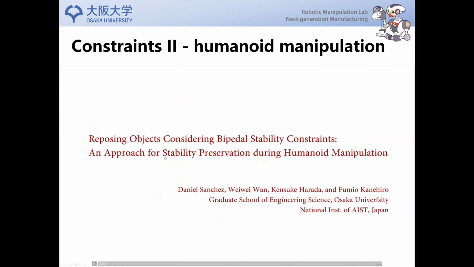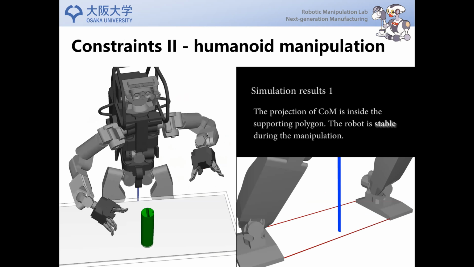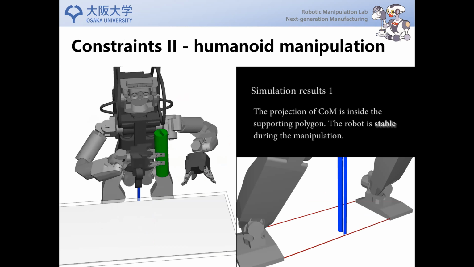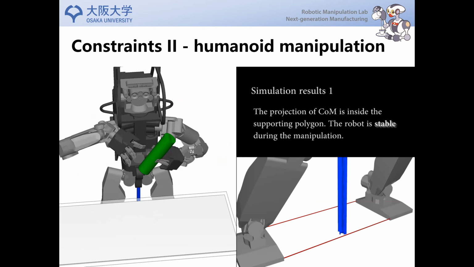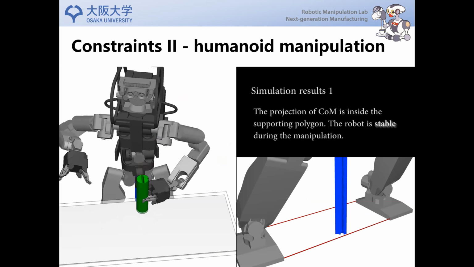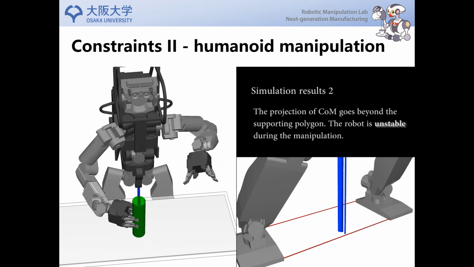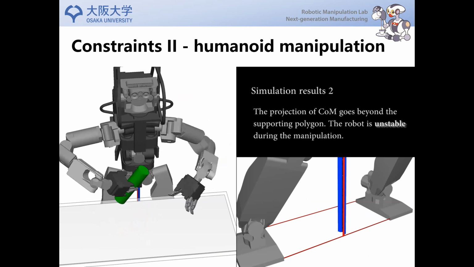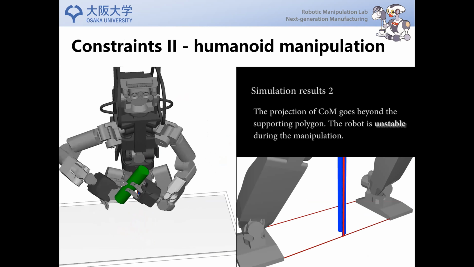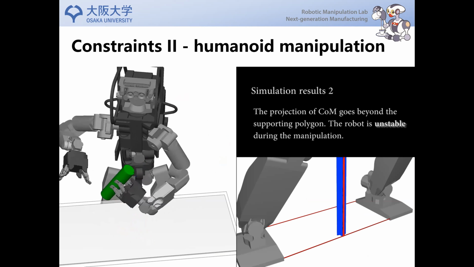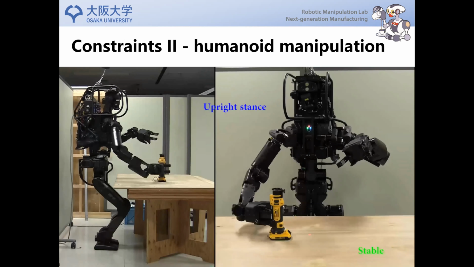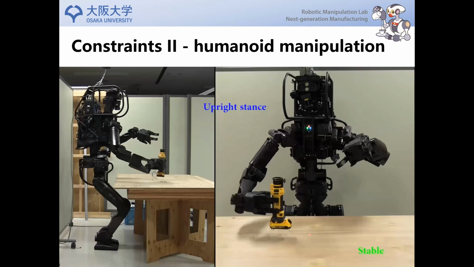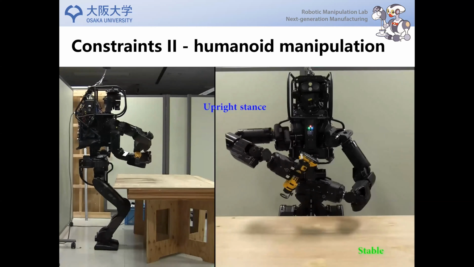And also, we applied the system to a humanoid robot. A humanoid robot is different from a general manipulator because the base is not fixed. When we plan the motion for the arms, we have to consider the stability. We use a simple constraint here, that is the center of mass constraint. And then we compare the planned results. After considering the stability of the whole body, the robot will generate different motion and avoid some of the